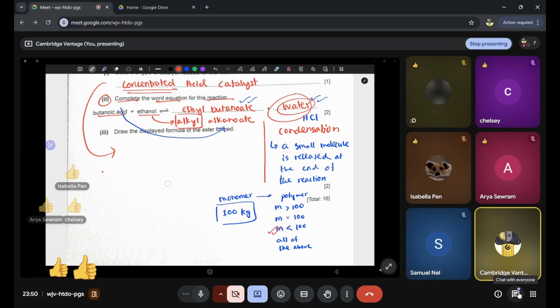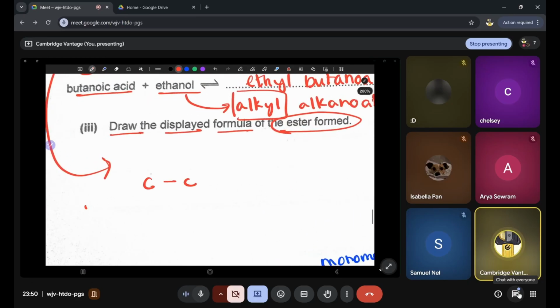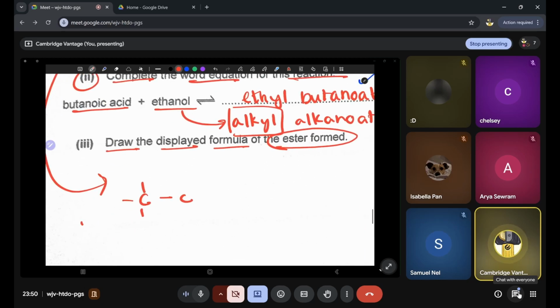Okay. So the next part is draw the displayed formula of the ester formed. So the ester formed is ethyl butanoate, as we already know the name. To form the ester, the first thing you should do is just draw the alcohols and acids separately. That is something that you will eventually know that you can just skip and directly draw the ester. But in the initial stages, if you feel like you're not really confident drawing it in one go, then draw it in two steps. So alcohol